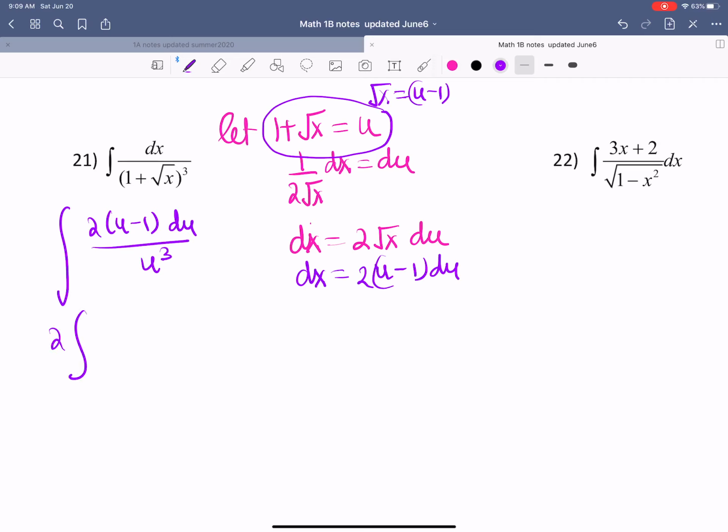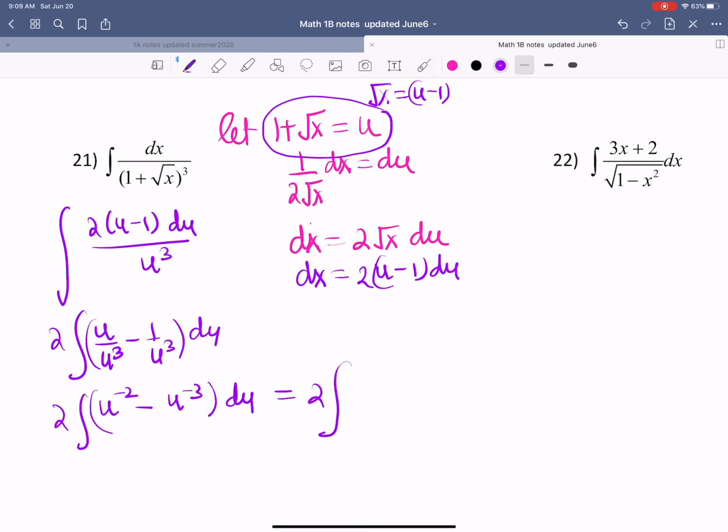Pull the constant out in the front, u over u to the third minus 1 over u to the third du. So u over u to the third is actually u to the power negative 2 minus u to the power negative 3 du,